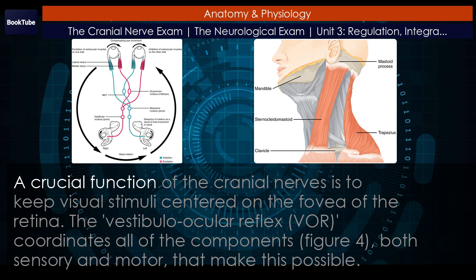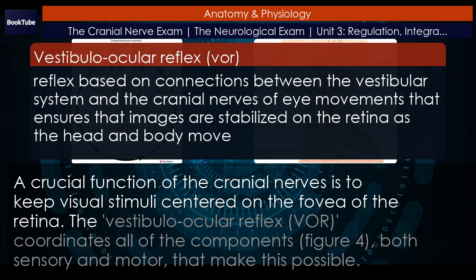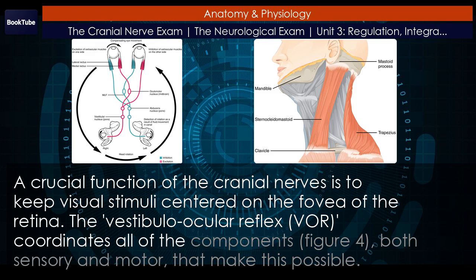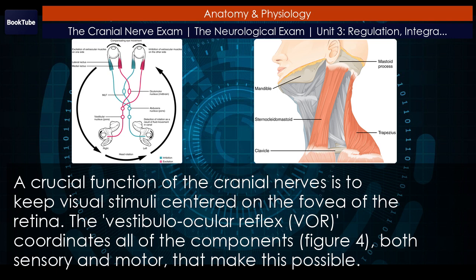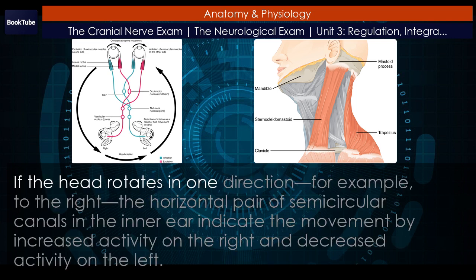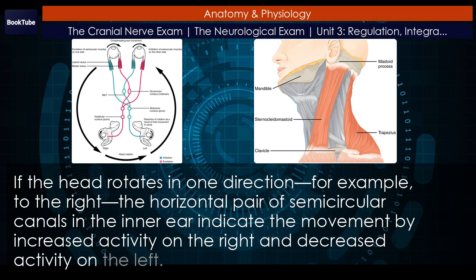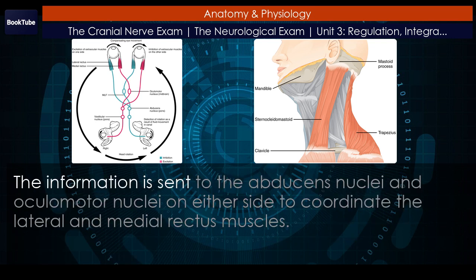A crucial function of the cranial nerves is to keep visual stimuli centered on the fovea of the retina. The vestibulo-ocular reflex, VOR, coordinates all of the components, Figure 4, both sensory and motor, that make this possible. If the head rotates in one direction, for example, to the right, the horizontal pair of semicircular canals in the inner ear indicate the movement by increased activity on the right and decreased activity on the left. The information is sent to the abducens nuclei and oculomotor nuclei on either side to coordinate the lateral and medial